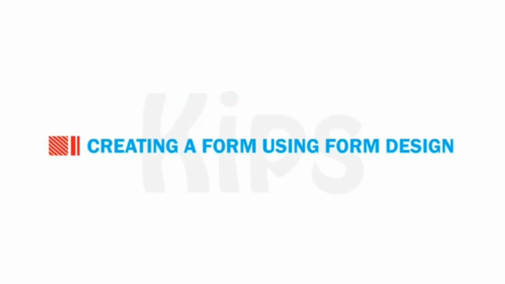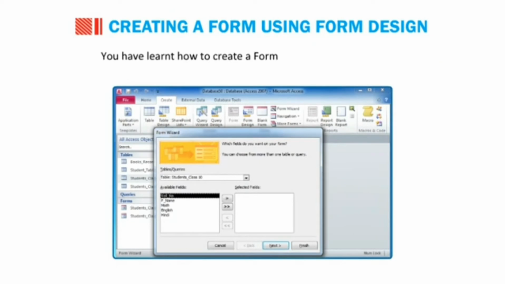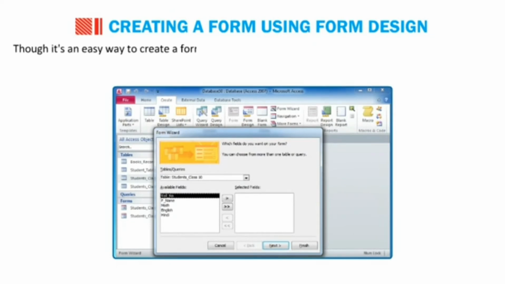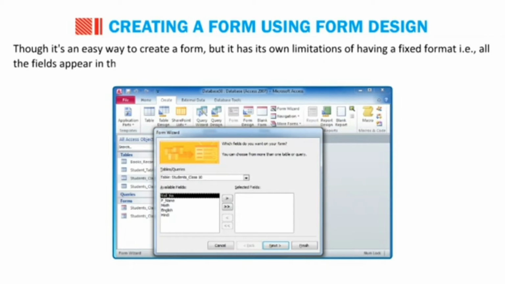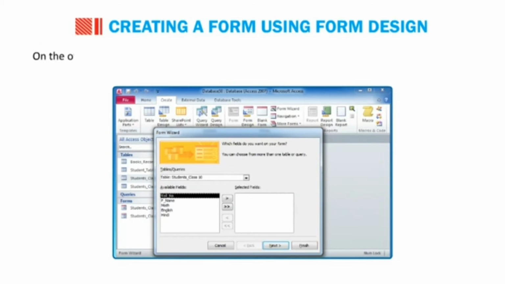Alright, now let me tell you how to create a form using Form Design. You have learned how to create a form through the Form Wizard. Though it is an easy way to create a form, it has its own limitations of having a fixed format. That is, all the fields appear in the preset order at a fixed position in the form. On the other hand,